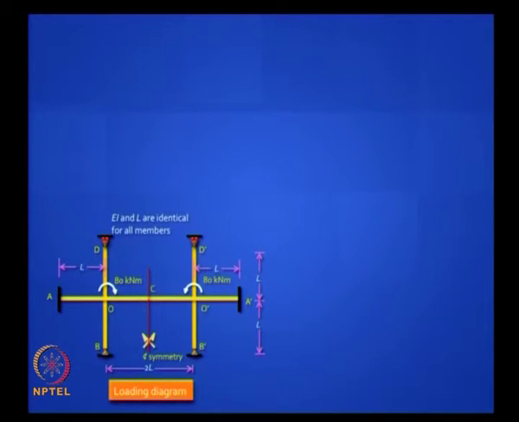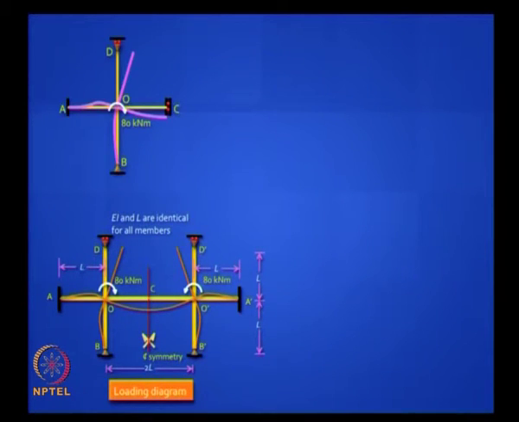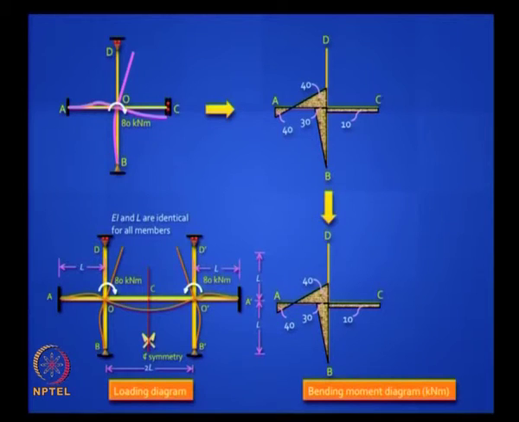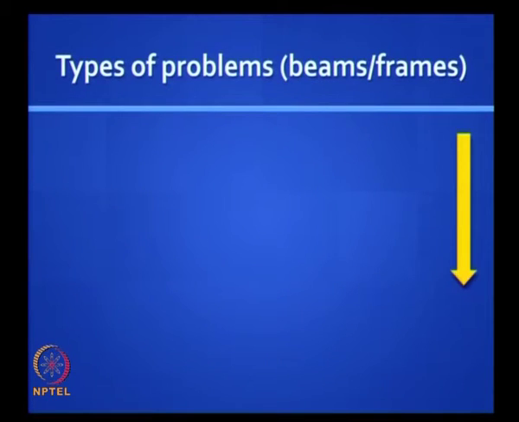What about this one? At C now, theta is 0, but it can translate. So now which half will look like the one we did earlier, left or right? Now it is a left, okay. So same logic, same logic. Now you do the left half and you add the right half. So you can take this to any level of complexity, but you see we built it up on very simple fundamentals. So you get many types of problems.